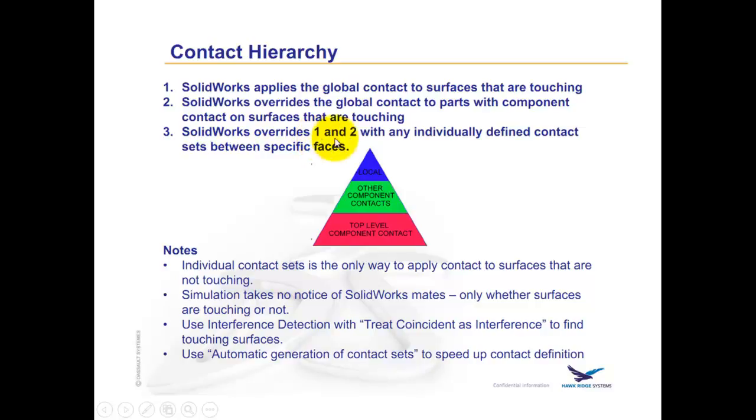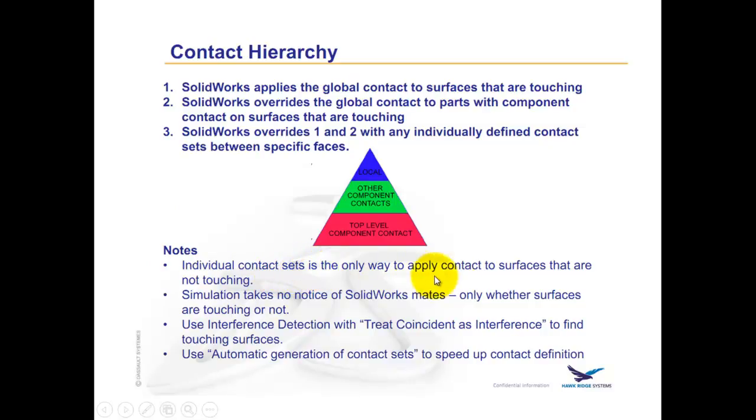SolidWorks overrides 1 and 2, so if it's a global contact or a component contact, it will override it with any individually defined contact sets between specific faces. So contact sets are between this face and this face. Very, very specific call out for contact requirements. And a little bit more information with that would be individual contact sets, probably should be R here, are